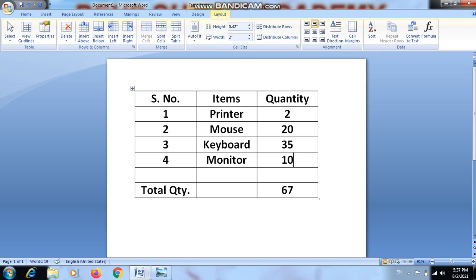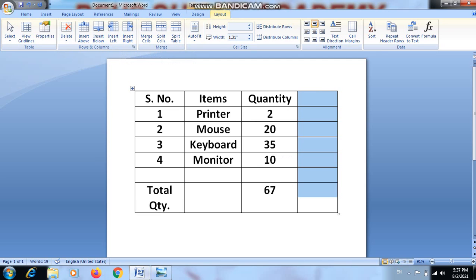You can also change the values if you want. Now I am showing you how you can increase the number of columns. How to add a column I have already shown you, but here also I am going to show. Suppose after quantity I want to add one more column which will show the price. So I am writing insert column right hand side. You can see one new column is inserted with the same number of rows. Here I am writing cost.